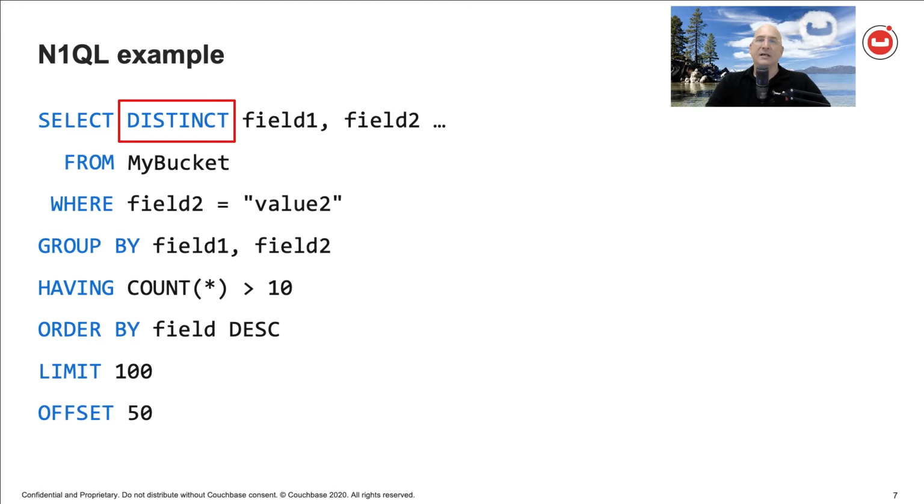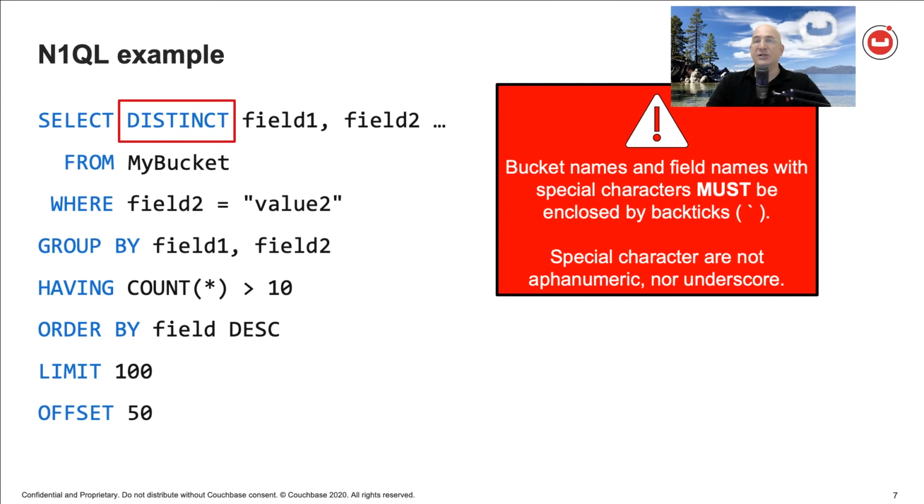You can also use the distinct clause exactly like in SQL. And if your bucket name or any of your fields has a special character such as a hyphen, a blank space, or an ampersand, then you need to enclose that field name or bucket name with backticks,